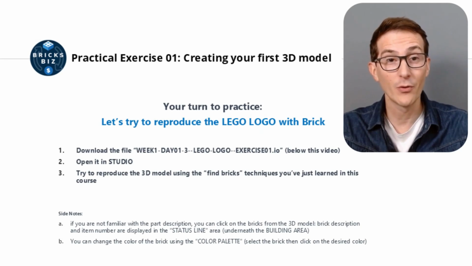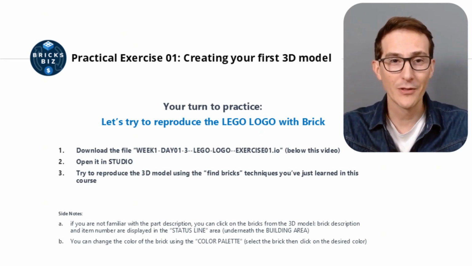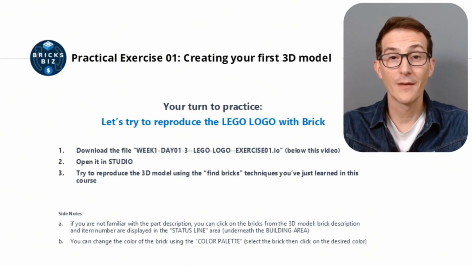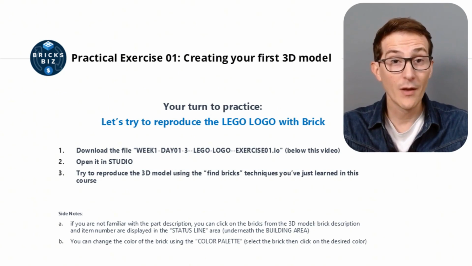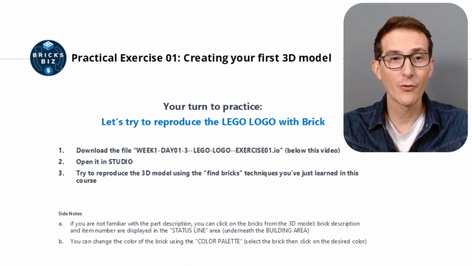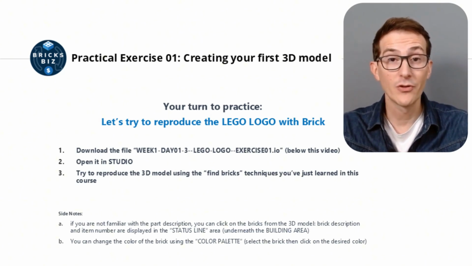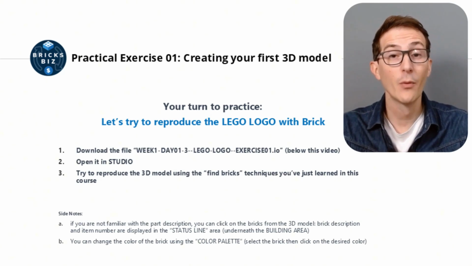Download the Studio file whose name is displayed on the screen by clicking on the link below this video and open it in Studio. Let's take a look at this Lego logo built with classic bricks. Your first exercise will be to recreate the 3D model of this Lego logo using the brick search techniques you have just learned in this course. If you're not yet familiar with the description of Lego parts, which is perfectly normal if you're just starting out, you can click on the bricks in the 3D model in the background. The description of the brick and the item number will be displayed in the status bar below the building area